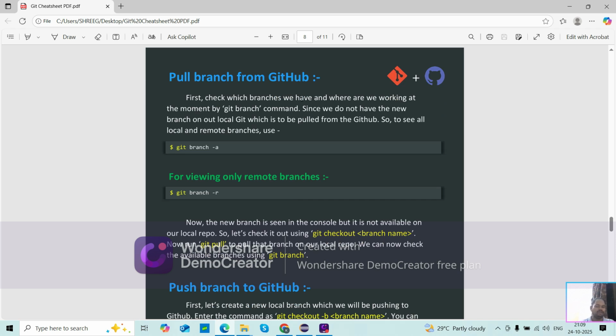First check which branches we have and where we are working at the moment by using the git branch command. Since we do not have the new branch on our local git which is to be pulled from GitHub, to see all local and remote branches used,